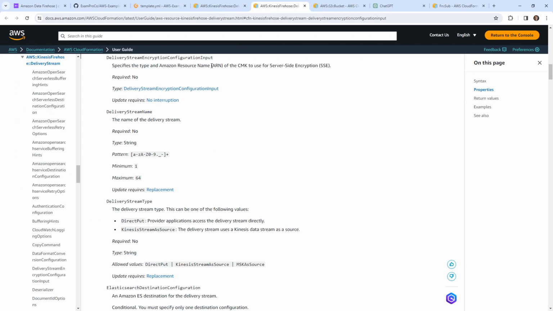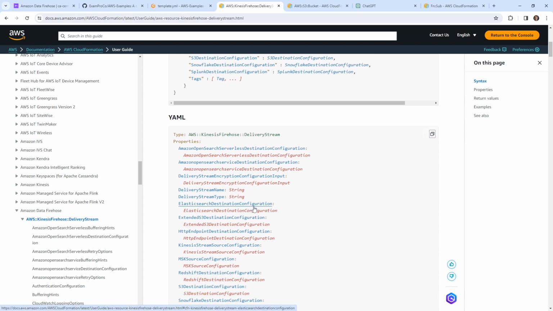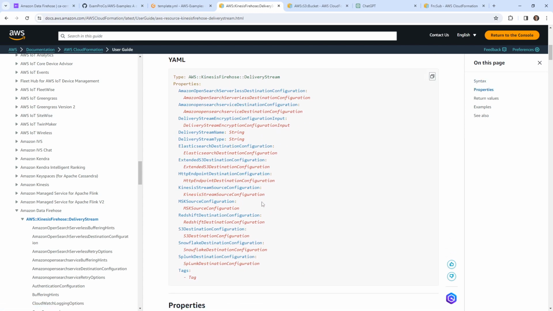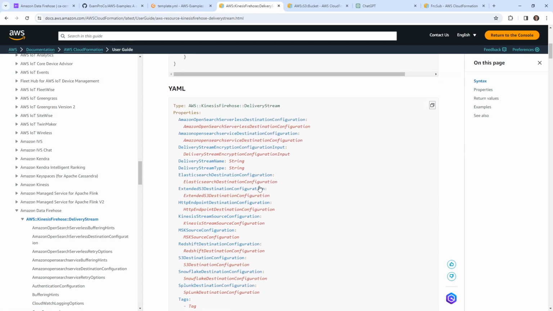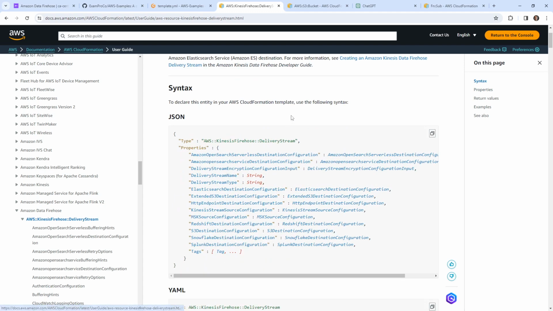So this is the type of ARN, the CMK. No, we don't care about that. Delivery stream encryption. No, we just checked that. HTTP endpoint destination. That's cool. You can send it to just a random HTTP endpoint. Yeah, it looks like we don't have to do anything else. I thought we'd have to name it at least. What about naming our